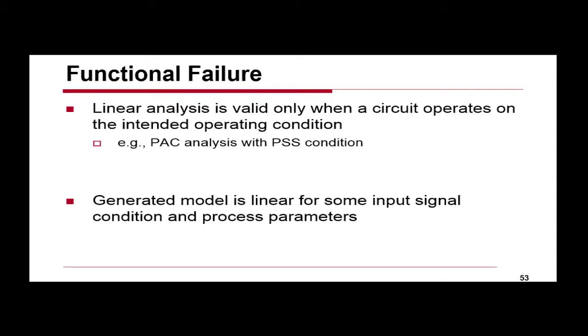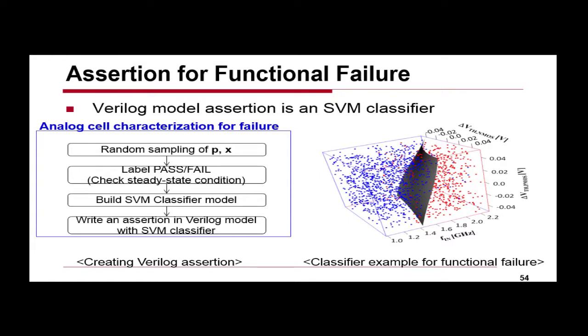Because we can have situations where, because of some parameter value, the divider stops working, or some operational amplifier doesn't have enough compliance, or something that will cause the circuit to fail. That is, the linear model that we've made is no longer valid in that parameter space. And so in the functional models, we have an assertion that asserts what the parameter space is, to make sure that the model still is valid.